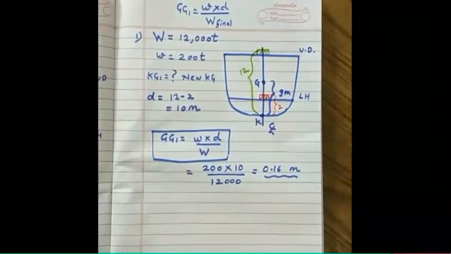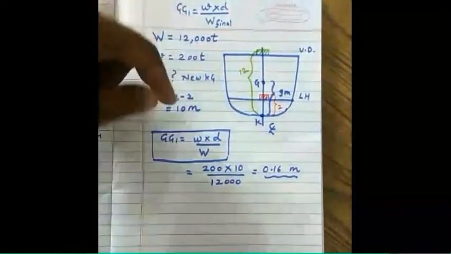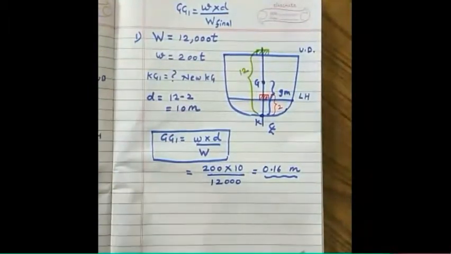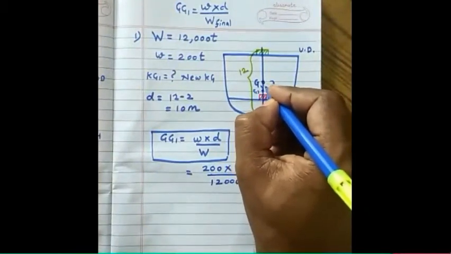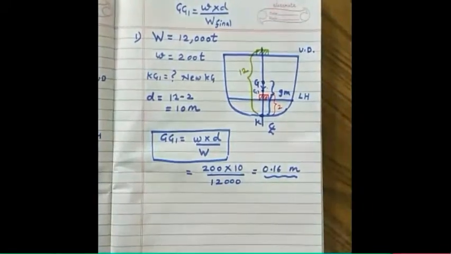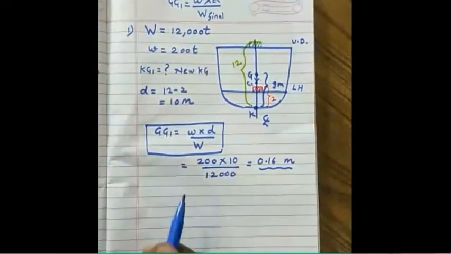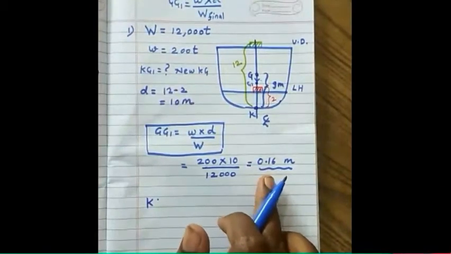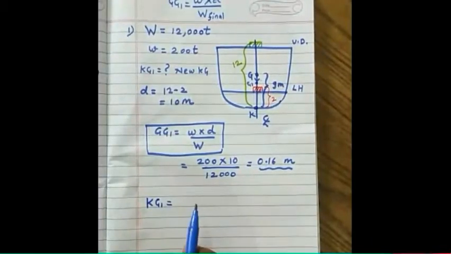Okay. Now next thing you should understand, I have brought the cargo from the upper deck to lower hold. So where my G will shift, whether it will go on deck side or it will come to bottom side? Bottom side. So this is my G1 point. Initially it was at G, it came to G1. So what is KG1? This is my question. This is not my final answer, it is only how much it is shifted. So my question is find KG1. So KG1 is KG minus GG1.